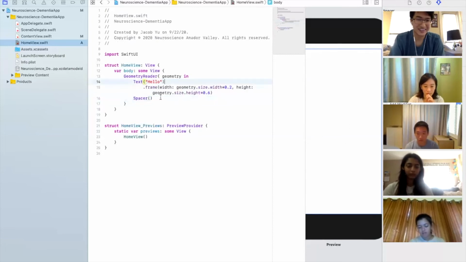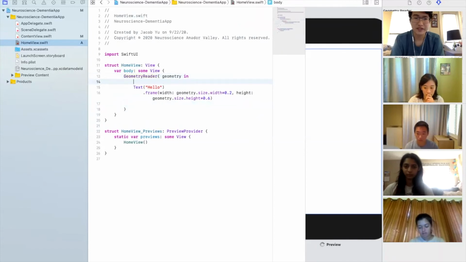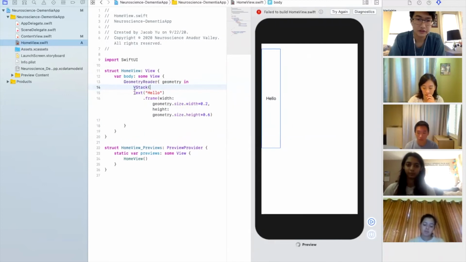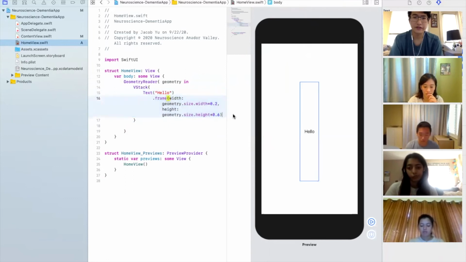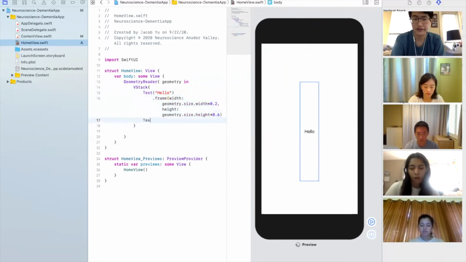Oh, sorry. Okay, let me talk about HStacks and VStacks first. Basically, what a VStack is: I'm going to place this in a VStack. So what a VStack is, you have text right here, and then if you place another text, like Text "World",